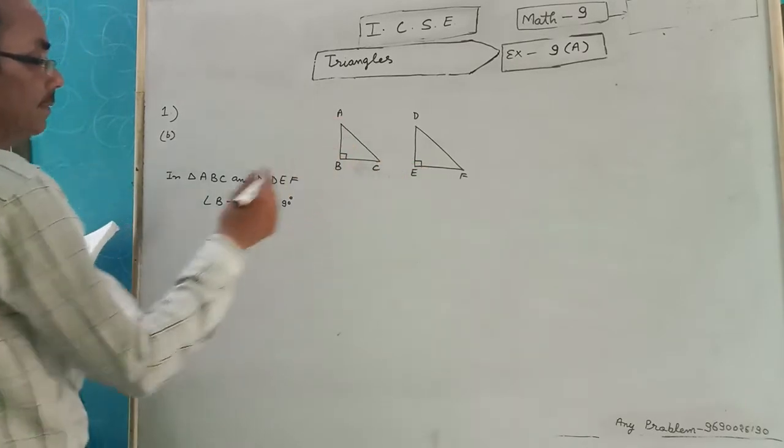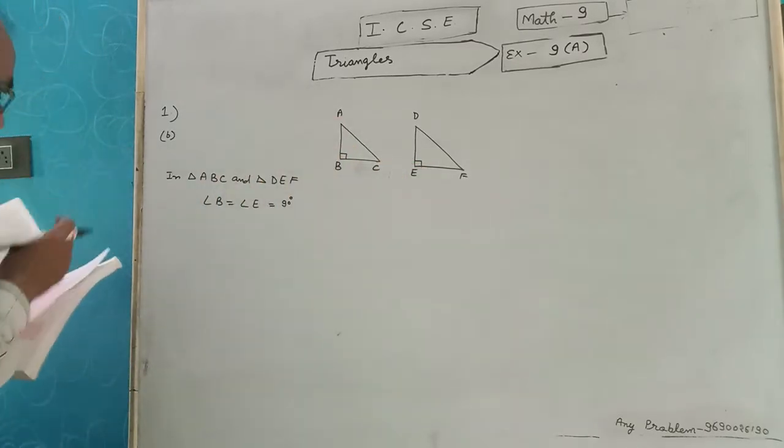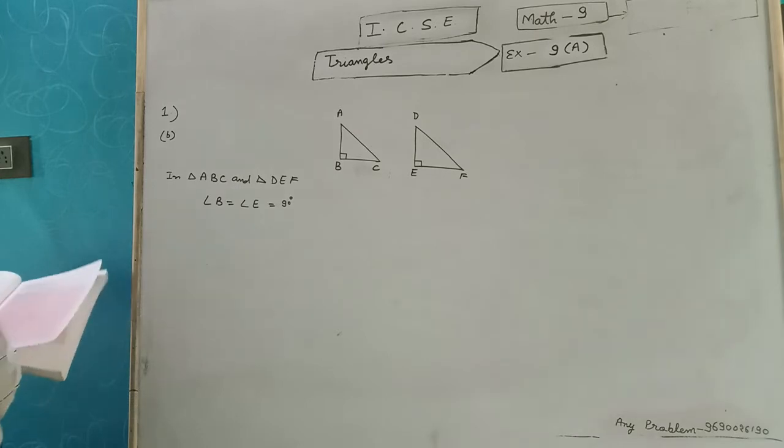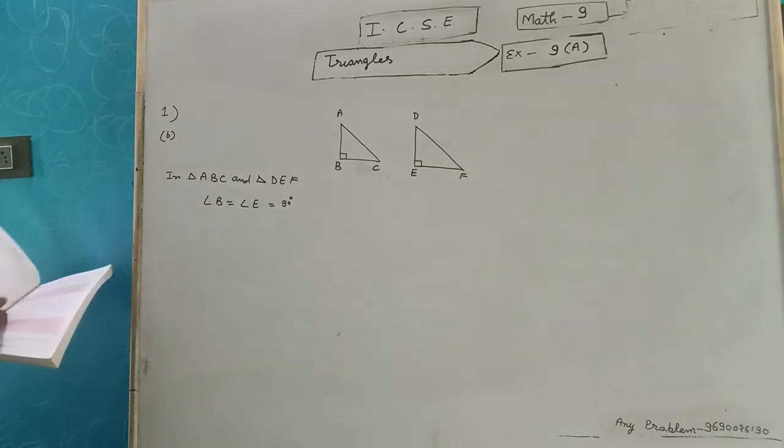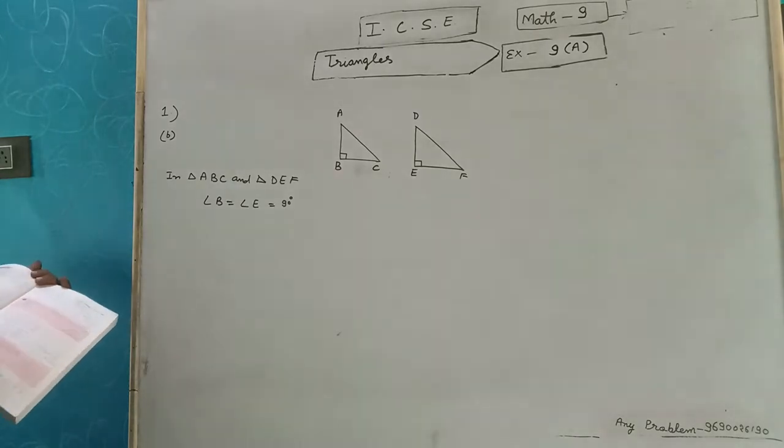In triangle ABC, B at 90 and angle E at 90